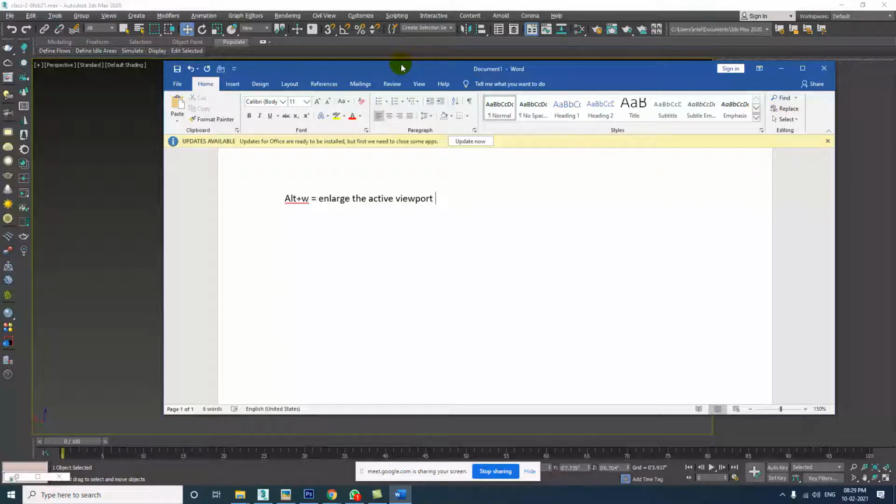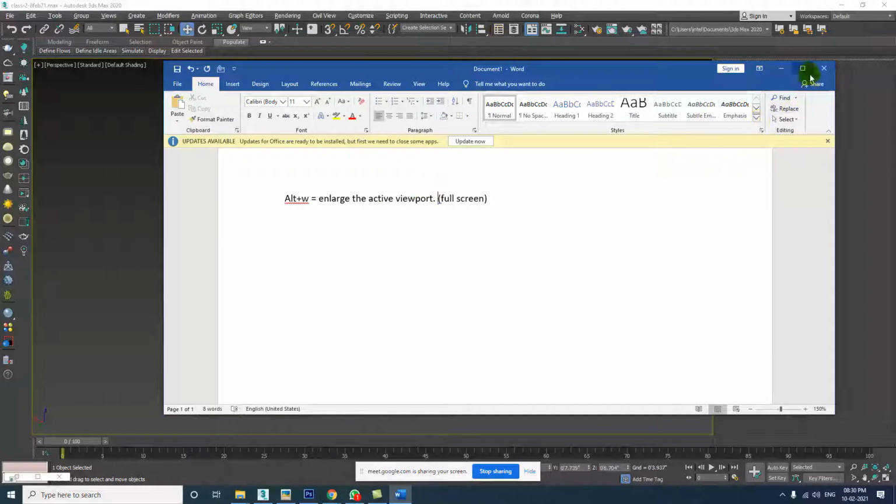Enlarge the active viewport, that's it. Or you can write full screen shortcut.